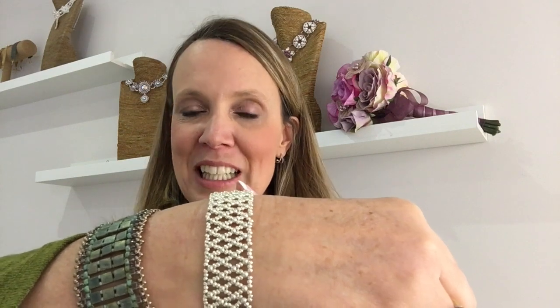I'm Jo Barclay-Logie. In a previous tutorial I showed you how to do some basic netting so that you end up with a cuff or a choker that looks a little like that, which is absolutely beautiful in its own right. But right now I'm going to show you how to embellish that netting. So where all those diamond hole shapes are, we're going to pop some extra sparkle in there to make it a bit more special. So for example,